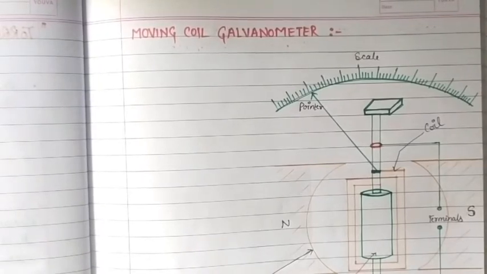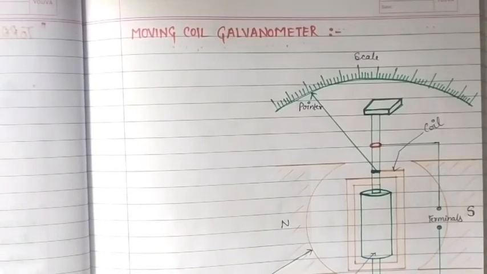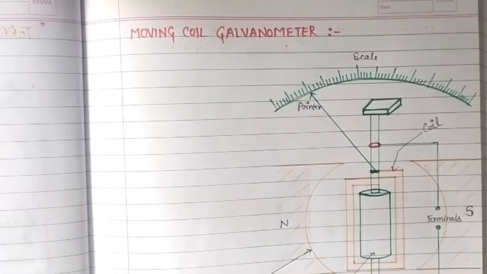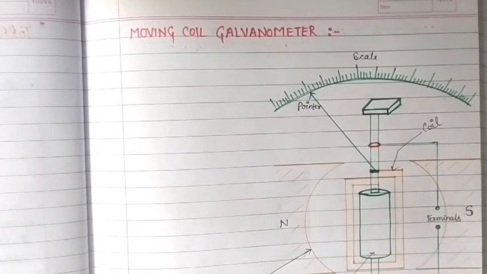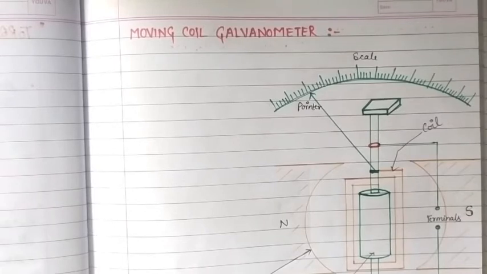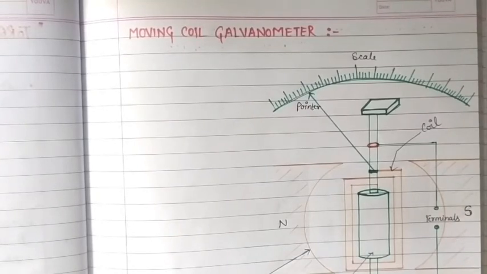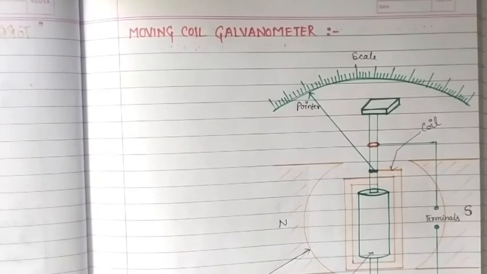Okay, means whenever there is a current in the coil, it will rotate or there will be some deflection that we can observe and show that there is current in the coil. If there is no current, no torque acts on that coil, because of which it shows no deflection and there is no current. Okay, so deflection is equivalent to the presence of current that works in the galvanometer.